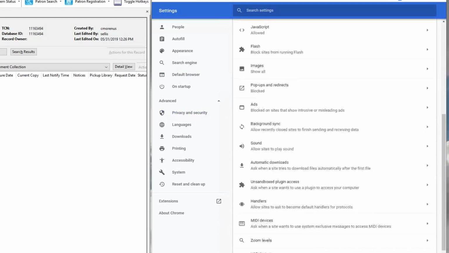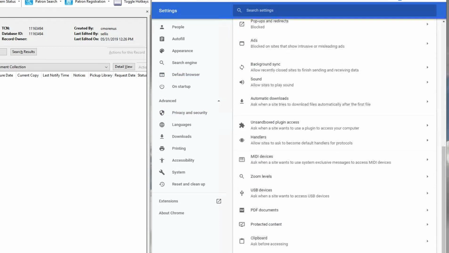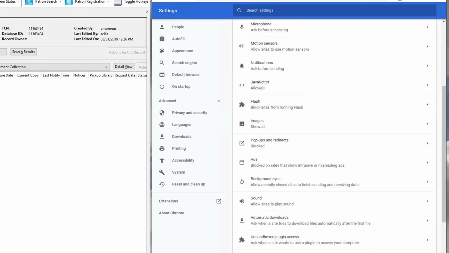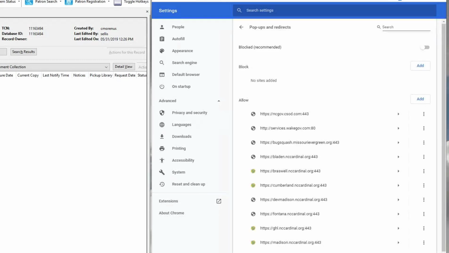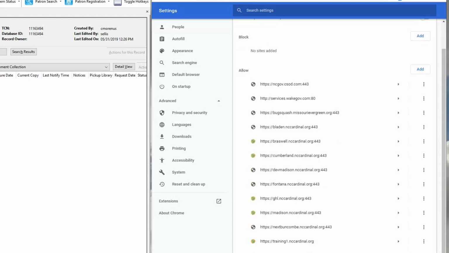And then if you scroll down, you've got pop-ups and redirect. But I'm not sure on that because on mine it's looking like it's blocked. Oh, there. Yeah. No, I have blocks turned off. Okay, so yeah, that's where it is. You have to change it from blocked to allowed, I think. So if you turn off blocked, or you just add